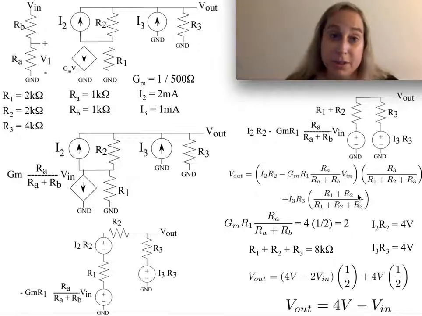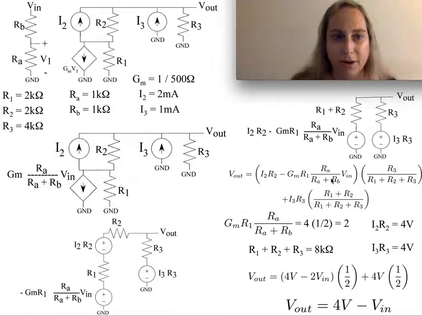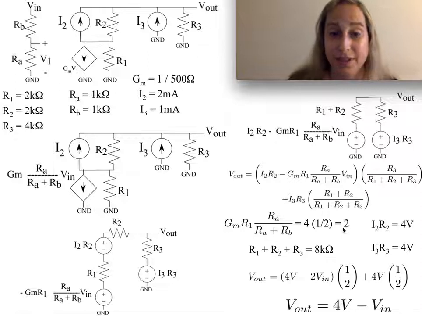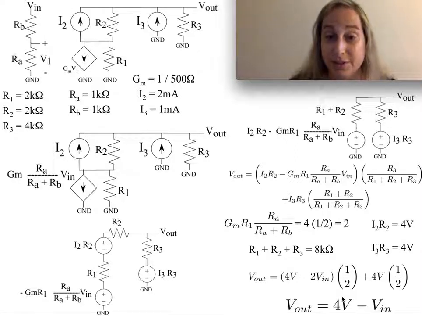Great. And then you say, well, what would this look like if I put in numbers? Of course, I have RA and RB equal in this case, both at 1 kilo. R3 is at 4K, R1 and R2 are at 2K. That actually makes both of these two ratios be a half. So that kind of simplifies it. This whole GM R1 and RA plus RB gives me basically a number that's 2. So basically I get this nice expression here, which then simplifies so that V out is basically 4 volts minus